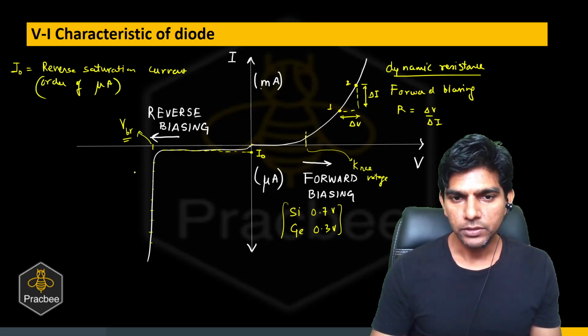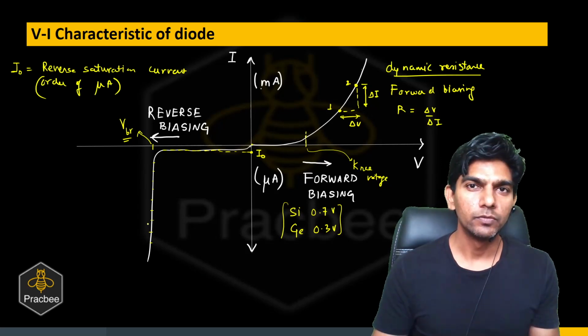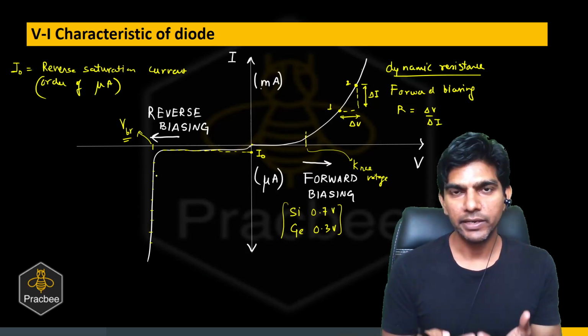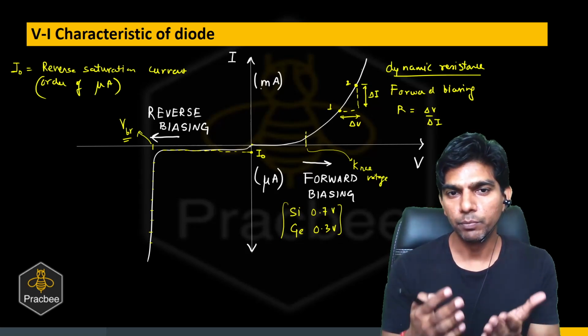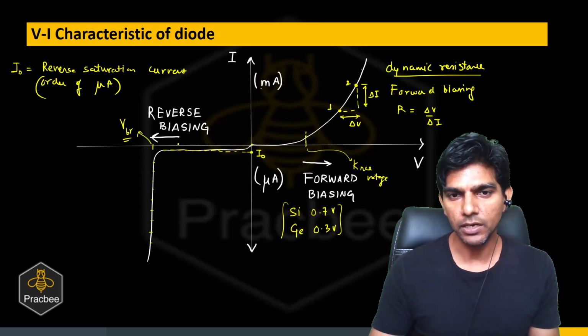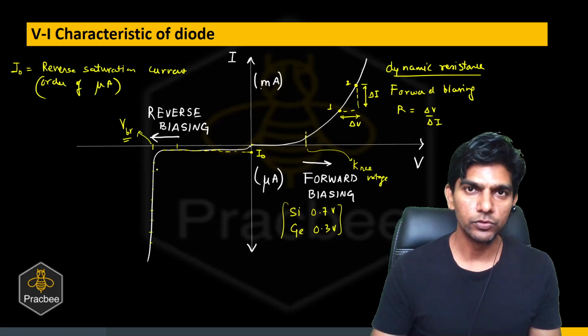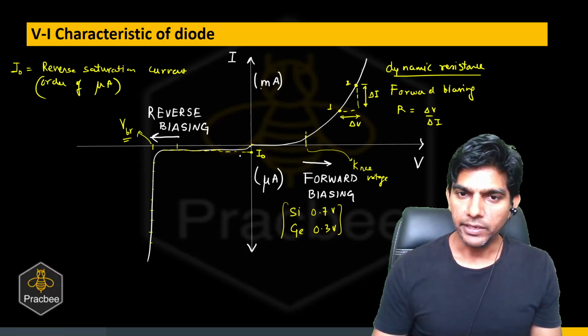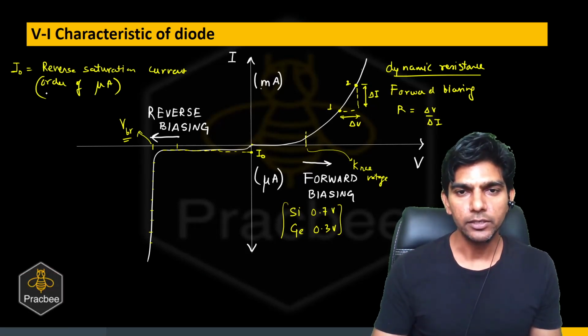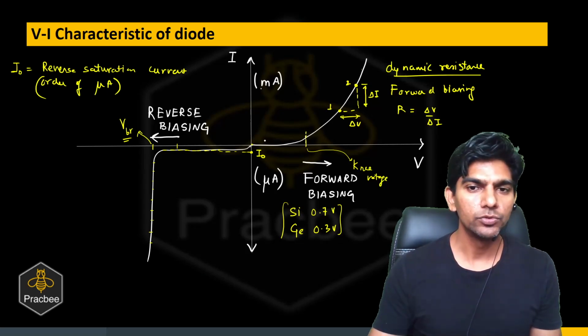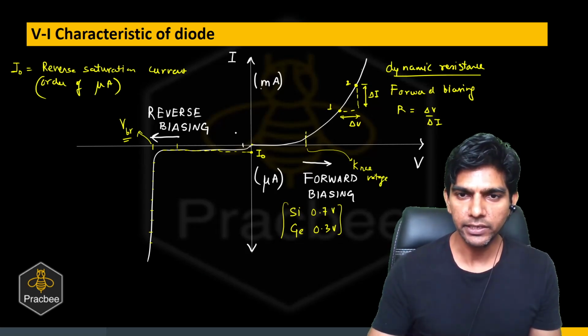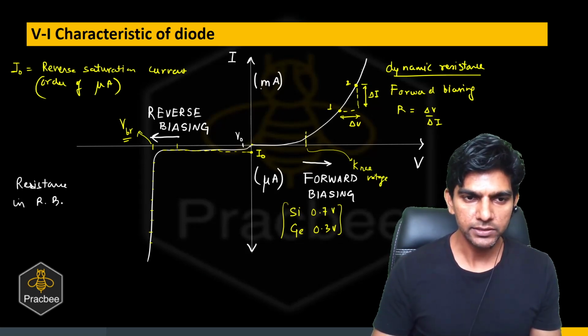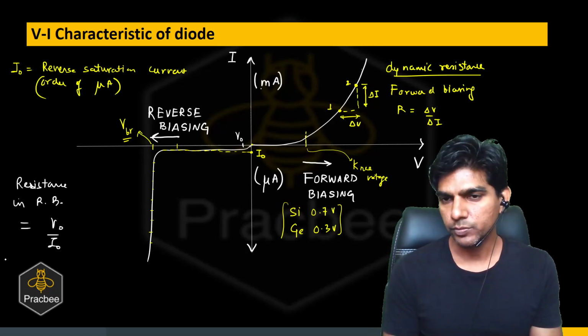And at breakdown voltage, we have a range of values of the current, and usually it is recommended by the manufacturer of the diode that we should not operate the diode beyond the breakdown region, say up to this particular volt, which is less than breakdown voltage. So this nature we have to remember. And suppose in the reverse biased mode, the reverse saturation current is attained when the voltage is V0. Then the resistance in reverse biasing will be V0 divided by I0. Got it? So these points we have to remember.